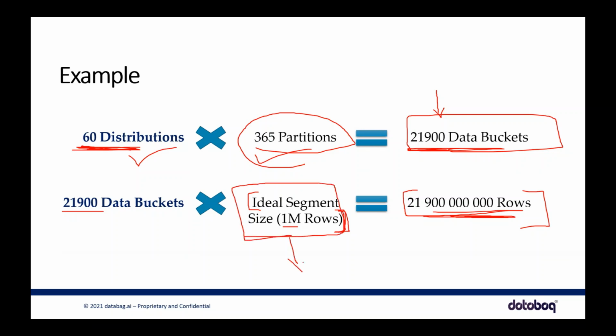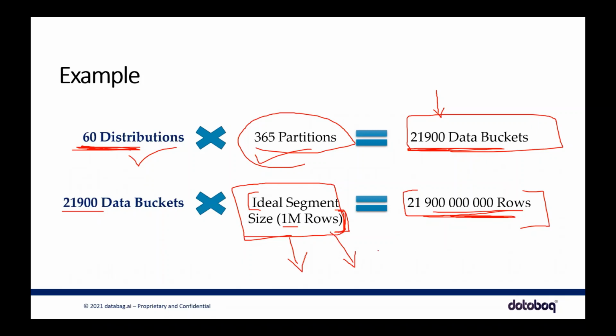When I tried to look into this ideal segment size, I couldn't really understand what they meant by it. But maybe I can share some links from Microsoft once I go through them so that you get a better understanding. But you need to understand that we have a segment size recommended from Synapse, 1 million rows. This will be applicable for indexing, and this will be applicable for distributions as well.